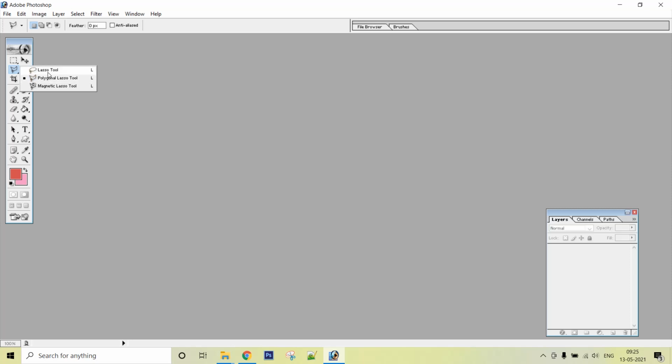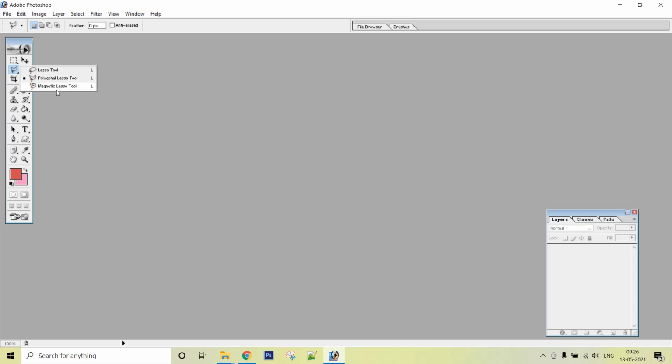With the lasso tool you can select any object in your image using freehand drawing, and when you use the polygonal lasso tool, you will be able to select the image by defining the area with straight lines. That means you are actually creating a polygon to select a portion of the image.